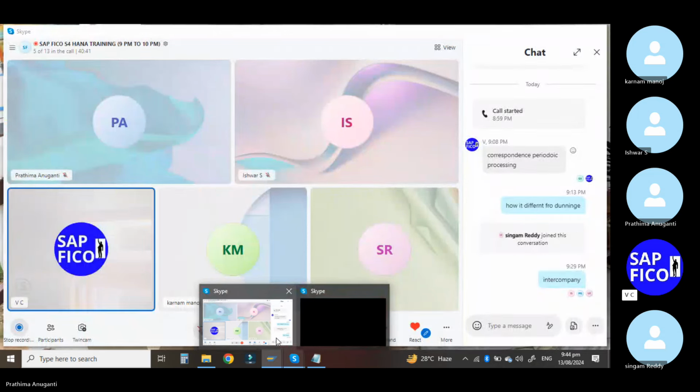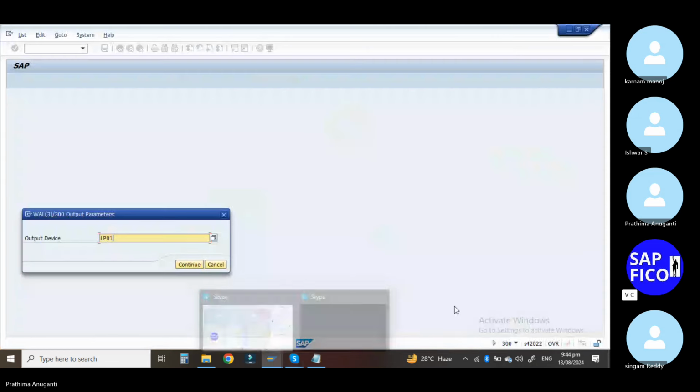Automatically they are going to ask you the question. OK, that means, all of you, LP01 and LOCL. That means whenever you don't have the integrated data with that particular tool, we are going to use the